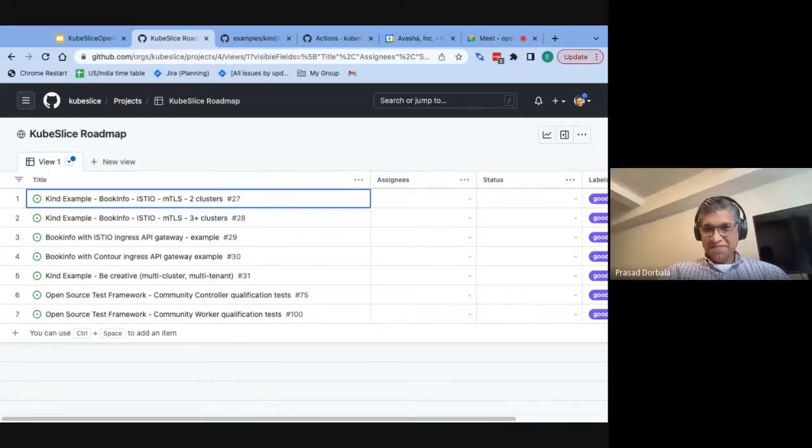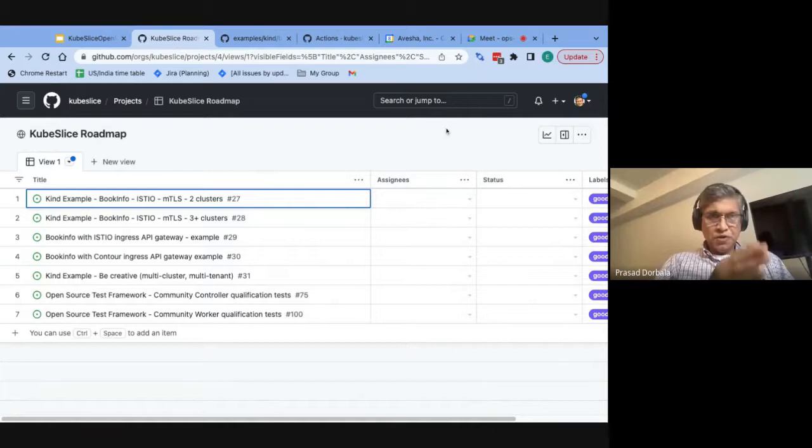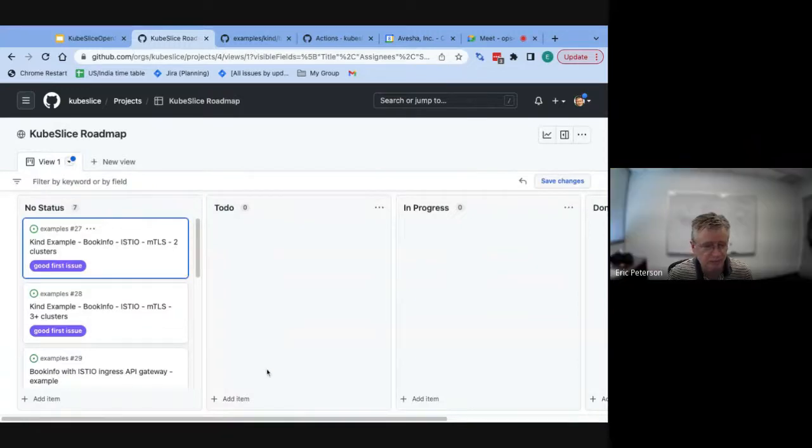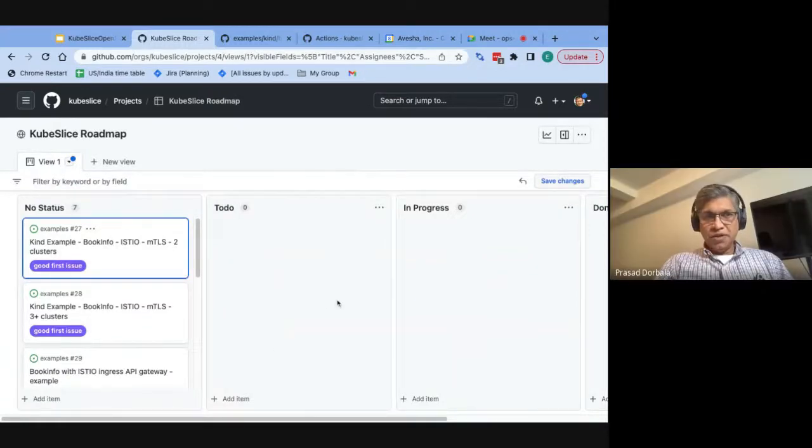I think, Eric, you can show it in the table view also so that they can move it to the board view. So you can take this and then move it to that, and then you want to break it into PRs. We're more than happy to have that broken into PRs, Divya, right?